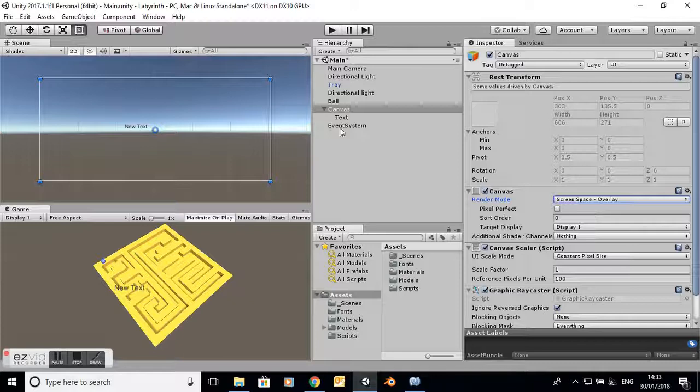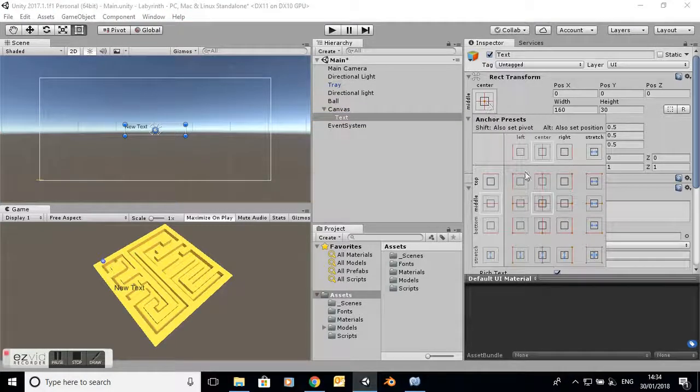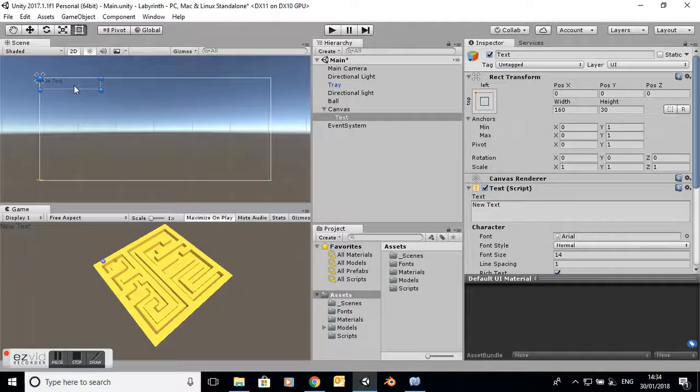Okay. So we've got the text box, which is in the center here. I think it'll be convenient to put the text at the top left corner. So again, if we click here and then Shift and Alt, and that puts the pivot up to the top left corner, and we'll just move it in a bit from there just to get it out of the corner slightly. There we are, and we can see it appearing there. Now, we're going to start with it saying something like time 00 minutes